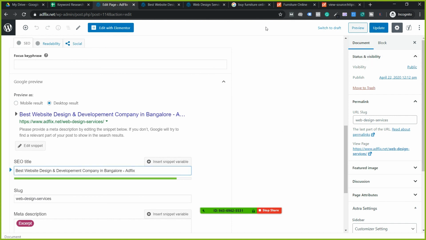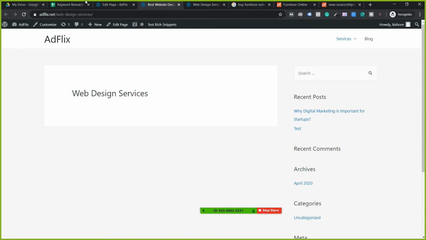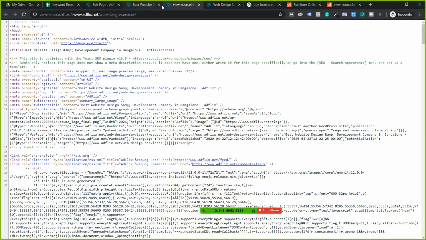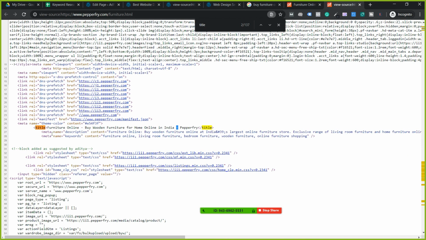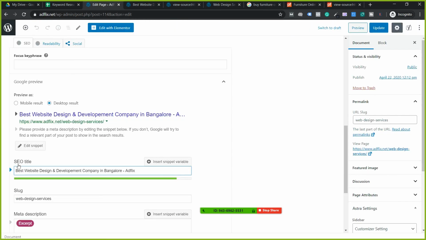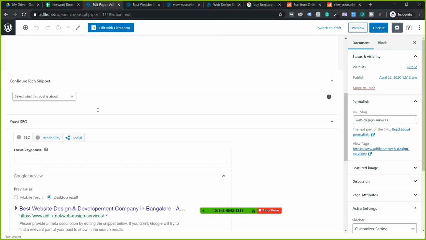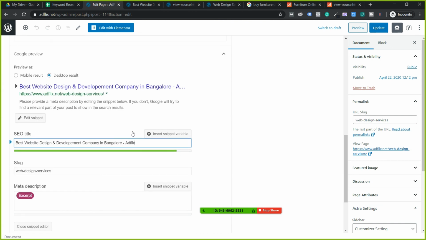Then click on update, and if you come to the front end, it will be shown in the title bar. If you want, you can check in the source code: press Ctrl U, press Ctrl F and type title. Can you see here? This is the title tag that I have written for this page. Similarly, you can check the title tag for any of your pages. You have to delete the default and write it. Can you see I have deleted that. But if you leave it as it is, whatever you have given as the page title will be taken as the title. Okay.